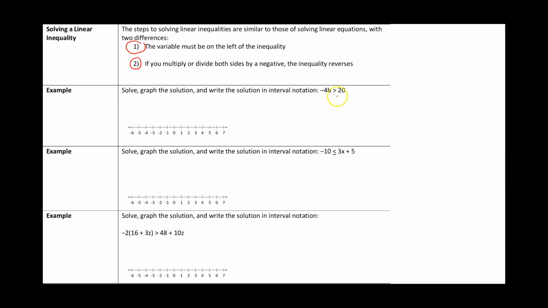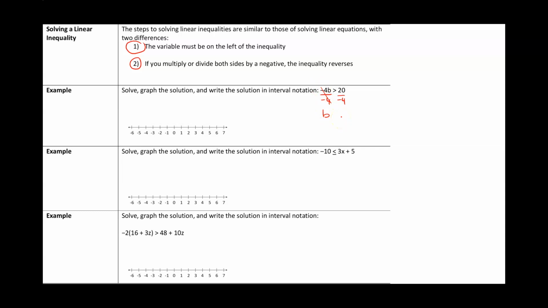For example, let's take negative 4b greater than 20. First question, is a variable on the left side? It is, so we're good. Second question, how do you get the b by itself? Well, the b is being multiplied by negative 4, and the inverse of multiplying is dividing, so we divide both sides by negative 4. Now on the left side, negative 4 divided by negative 4 is 1, so we